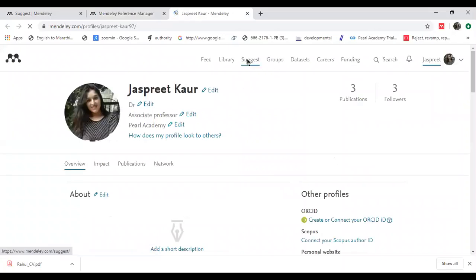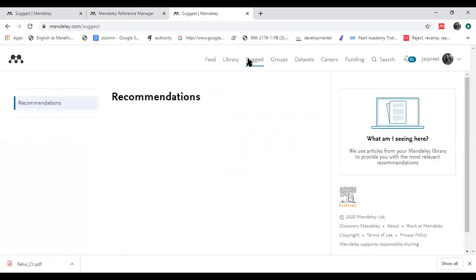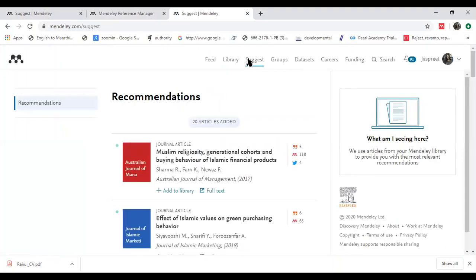Okay, so suggest is a place where automatically from the whole universe, see, you are not the only person who's putting papers in Mendeley. There are thousands of researchers like you, thousands. And if you see on the right side, it will show you statistics also.